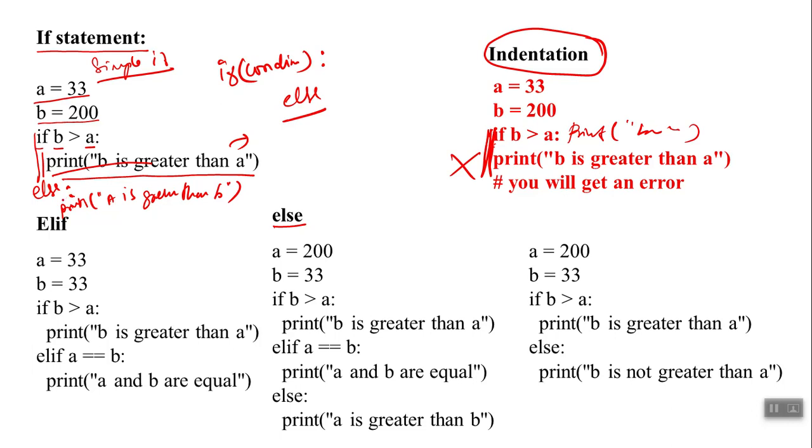So that is called an indentation. Don't forget to have this indentation, it is a must in your Python programming. Indentation should be followed in every programming language, but it is not compulsory in C++ and Java. Whereas in Python, it is a must. You have to follow this indentation, right?